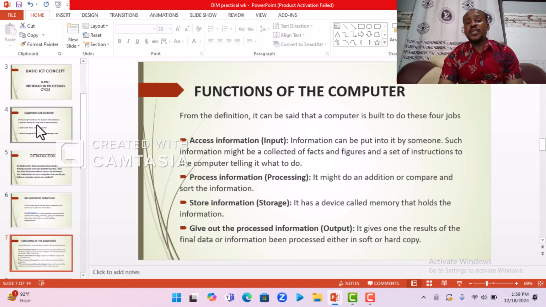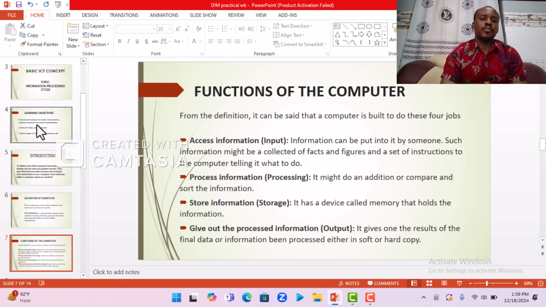We come to the functions of computer. Now we have 4 functions outlined here. Access information, that is input. Information can be put into it by someone. Such information might be a collection of facts and figures and a set of instructions to the computer telling it